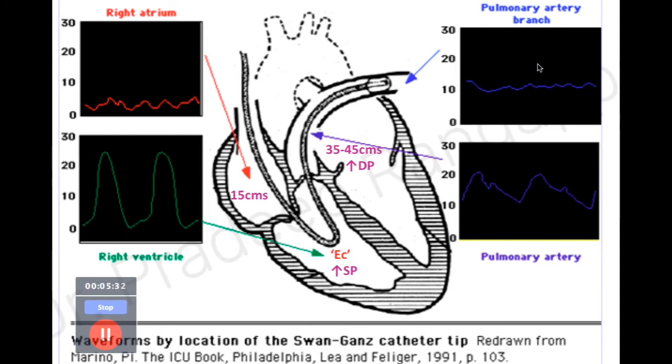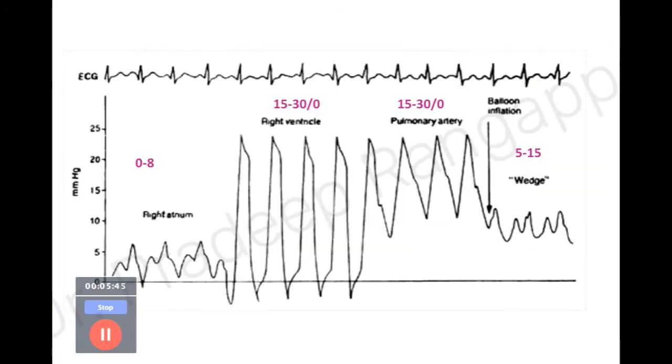Okay, so that I will show you. This is the wedge pressure. This is the pulmonary artery pressure. This is the wedge pressure. Okay. So these are the different waveforms that the candidate is expected to recognize and identify when we show them in the exam. I'll show you the next graph, which will show you how exactly. These are the graphs we may show in the exam and ask you to recognize different components.